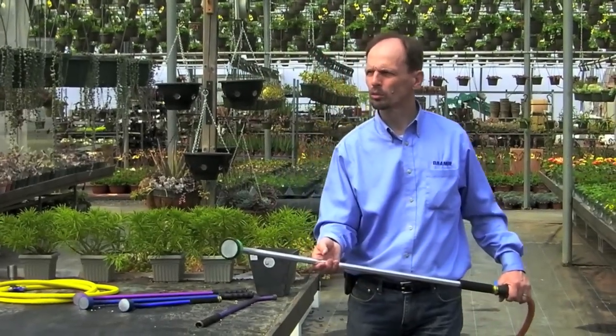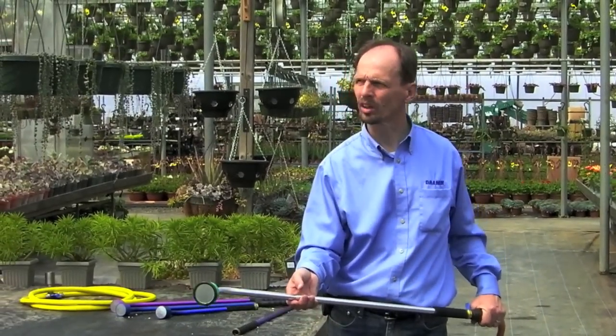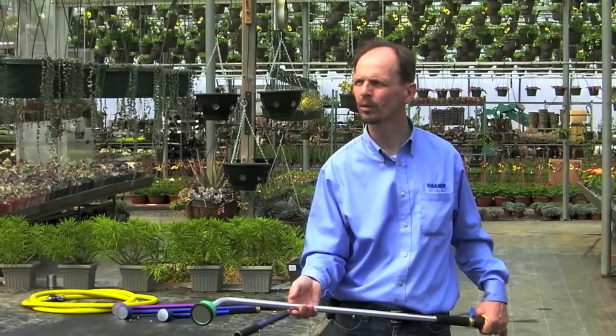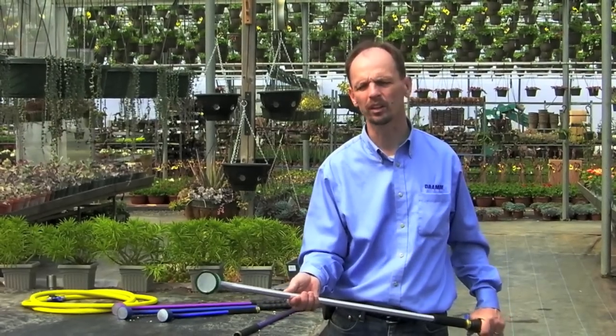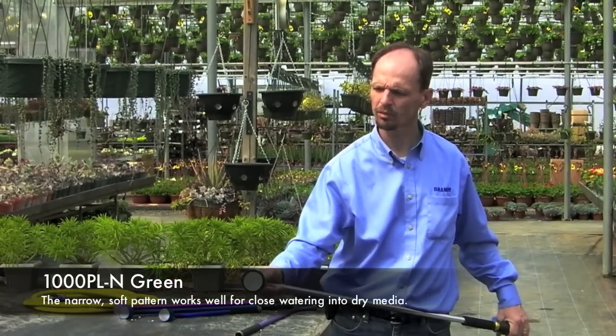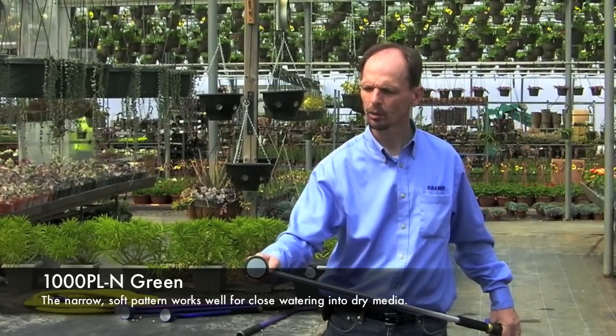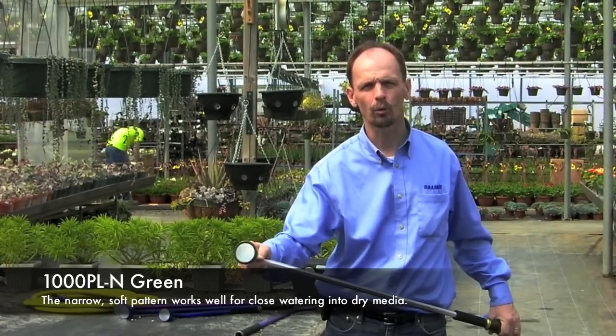Okay, I'm going to water some 6-inch succulent baskets. What I like to do with succulents is really soak them, and then we let them completely dry down. The water pattern and softness of the green 1000 PL, which is the narrow pattern water breaker, is